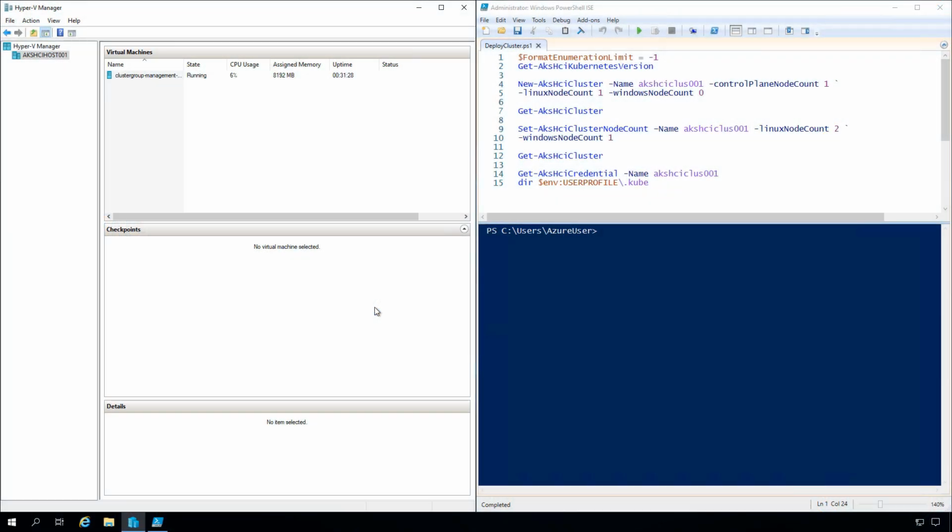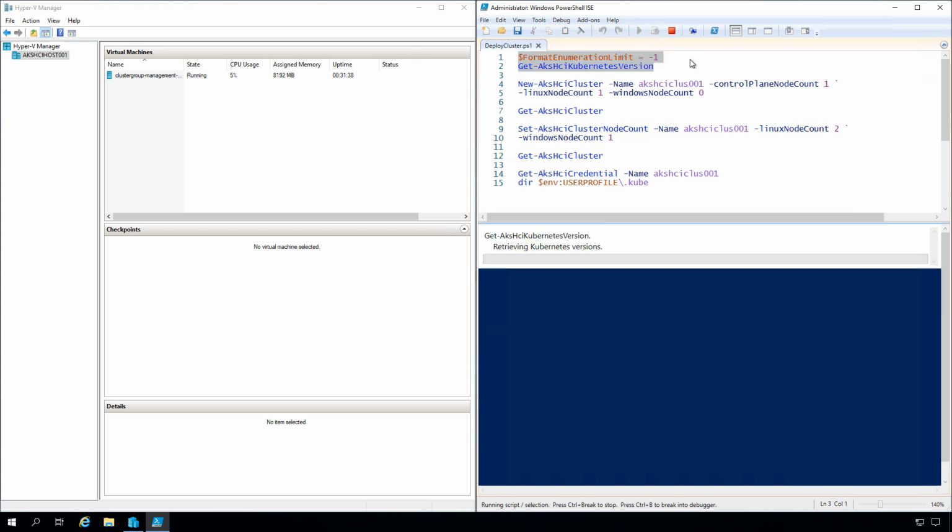Okay, so we're back in the environment where we finished previously deploying the platform services, and in this case we're going to carry on deploying now the target clusters to run our applications and workloads. So what we've got on the screen again to refresh is Hyper-V Manager on the left where we'll see VMs pop up as we deploy certain commands and certain workloads get deployed as part of that. And then on the right we've got our PowerShell ISE, where we're going to run some of those commands from. So the first thing we're going to do is check what Kubernetes versions are available for us to use for our deployment of our target clusters.